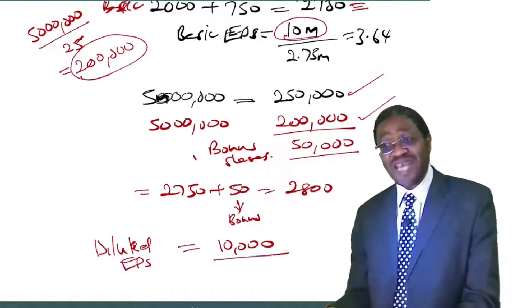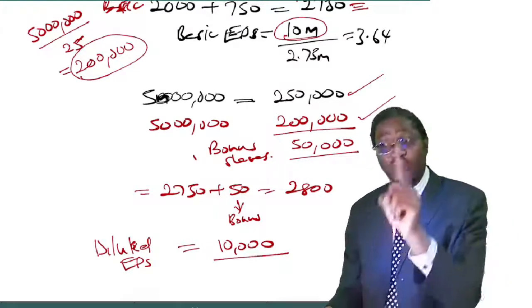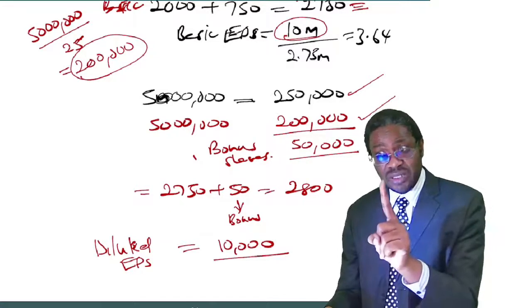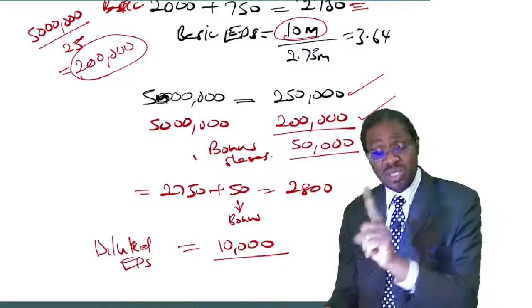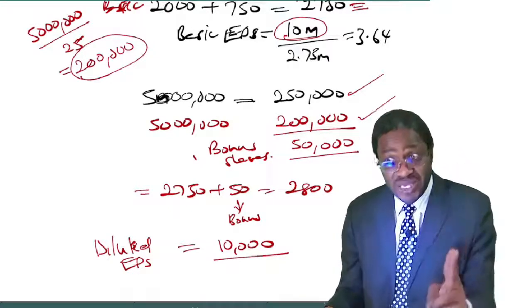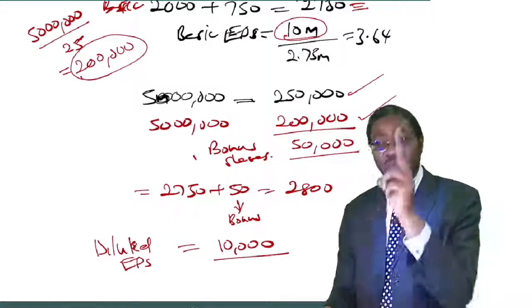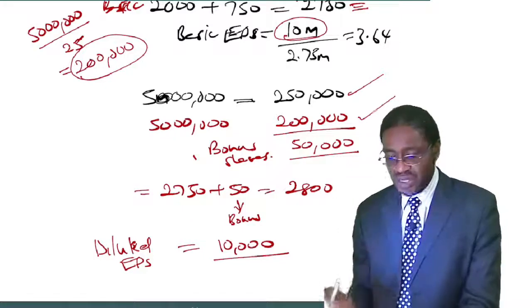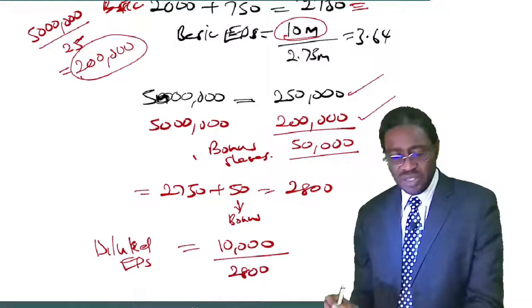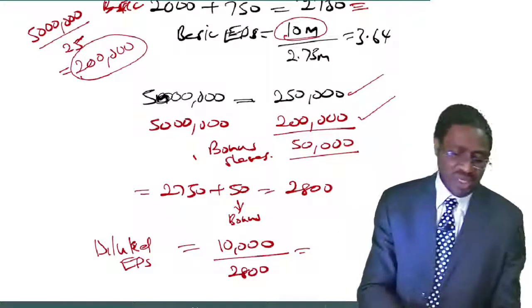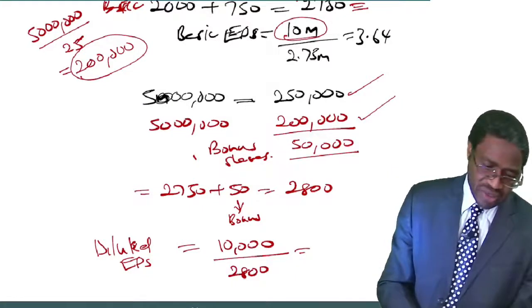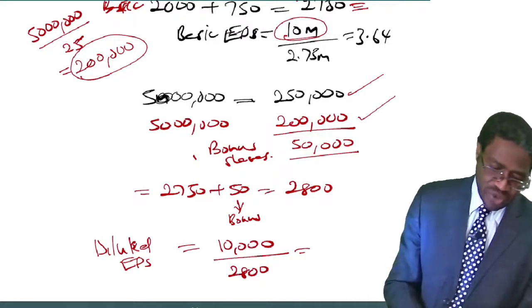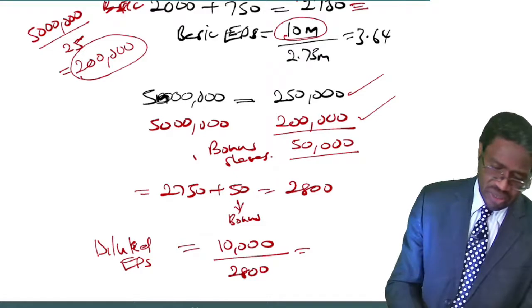Now you divide that by the number of shares for purpose of dilution. I've said use the number of shares used for basic EPS plus the bonus share element in the partly paid, which was 50. That comes to 2.8. So what would be the diluted EPS? It would be 10 million divided by 2.8 million, that gives me